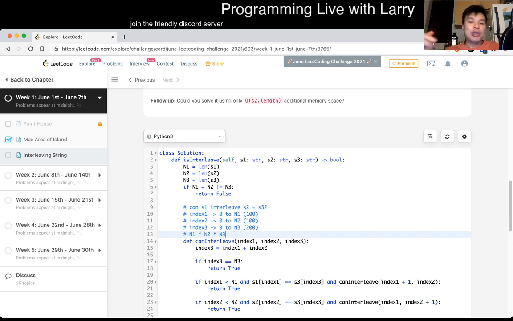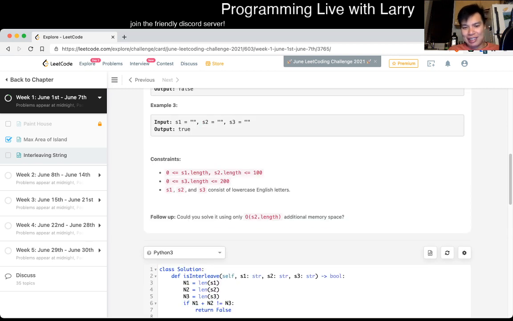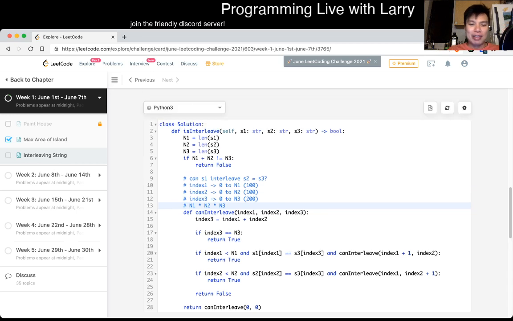But if you actually cache it in a sparse table or a dictionary or something like that, your analysis may give you n cubed, say, or I guess it's not really n cubed, but you know what I mean. If it's n1 times n2 times n3, but actually in reality it would still only give you n1 times n2 space complexity, because there are a lot of impossible states that you do not reach, even though it does not